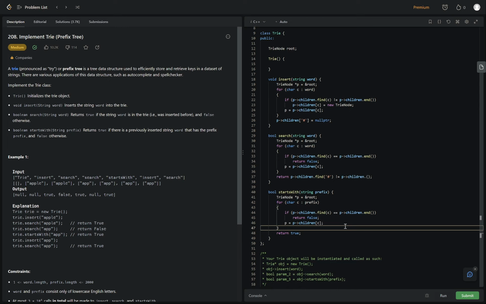Honestly, since tries always have to be implemented manually, I feel like it's pretty rare to be asked to use them at all. Now, maybe you'd be asked some conceptual questions, but as far as coding questions, imagine having to implement all of this before you even do your algorithm. That would take kind of a lot of time. It would probably take you